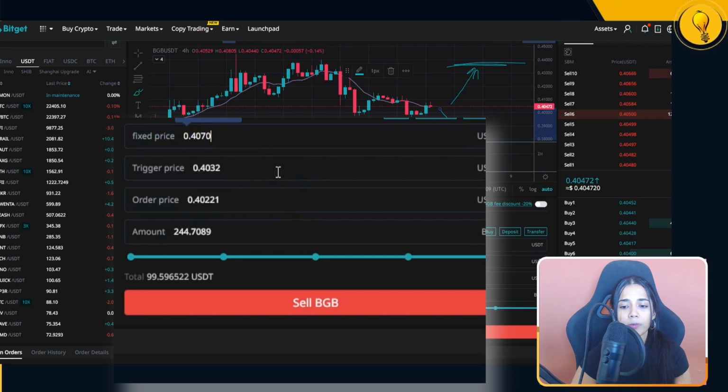Now, these stop loss fields, it's a stop limit order. That's why you have two fields. Stop limit orders, guys, are conditional orders. Just to break it down to you guys in layman terms, essentially what I am telling the exchange is, hey Bitget, if BGB comes down to this